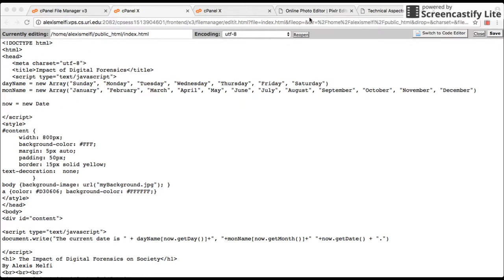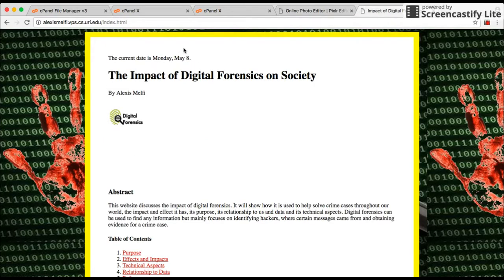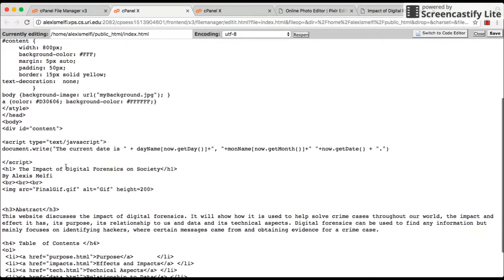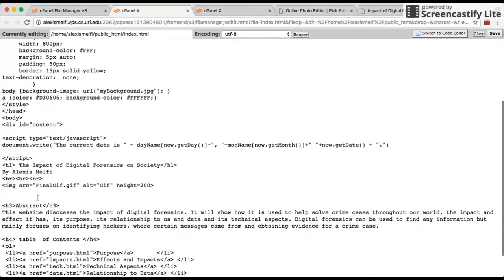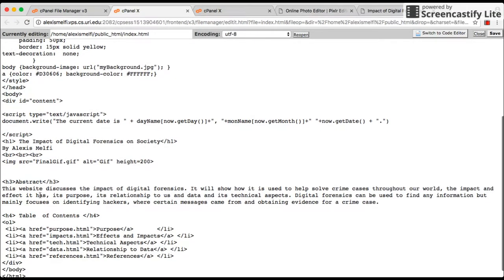So when you go onto the main page, for example, it shows the current date, and it'll change every single day to the date it is. Then I used some images with the image tag, a title using the H1 tag, and an H3 tag to